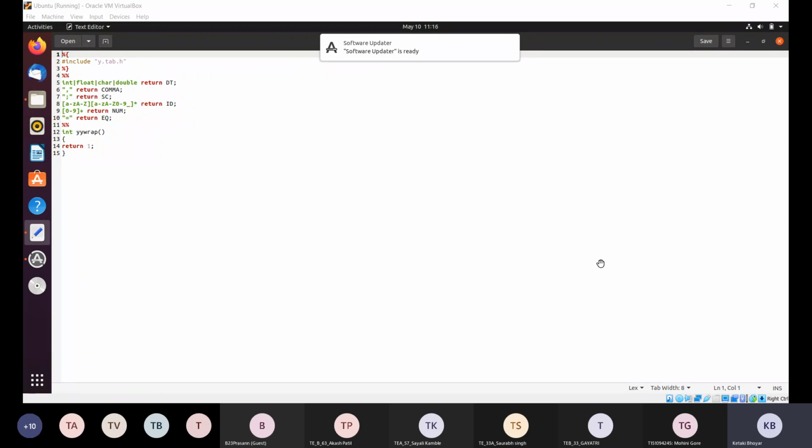Okay, in the last session itself I have explained you different phases of compiler. In the last session we have studied lexical analysis phase of compiler, where the number of tokens are generated. We are providing some input file to the lexical analyzers, then those lexical analyzers are converting that particular input file into number of different tokens.